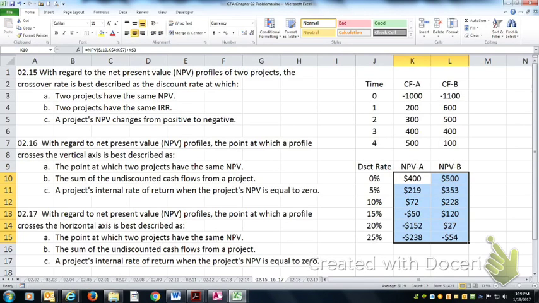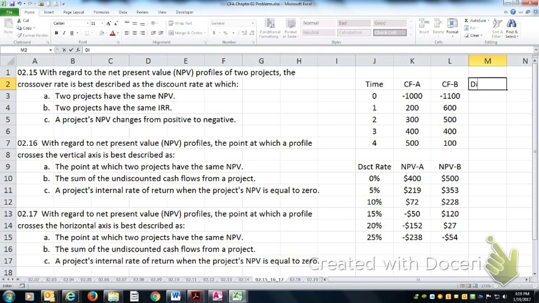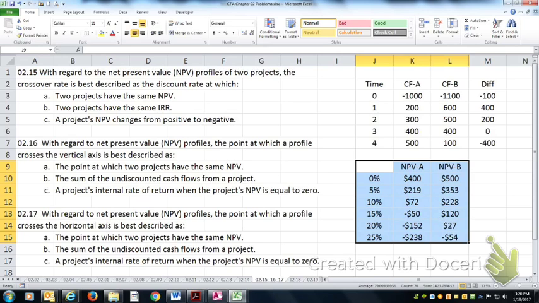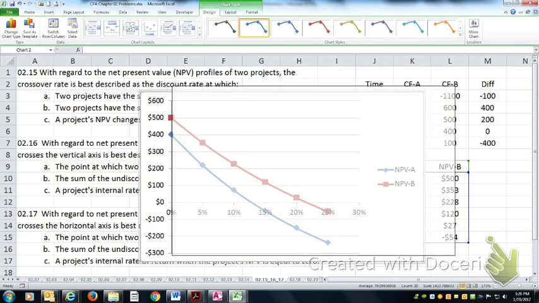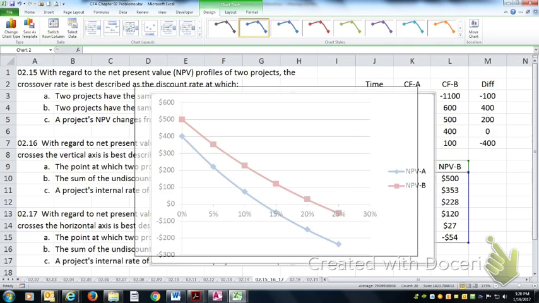Alright, so now that I've got this NPV profile, you can see that they're different in each of these periods. I also want to look at the crossover because that's the difference. The difference between these two, I'm just going to take B minus A. So to get the NPV profile for A and B here, I do an XY graph and I take the thing dots with lines on them. And I can see from the XY graph